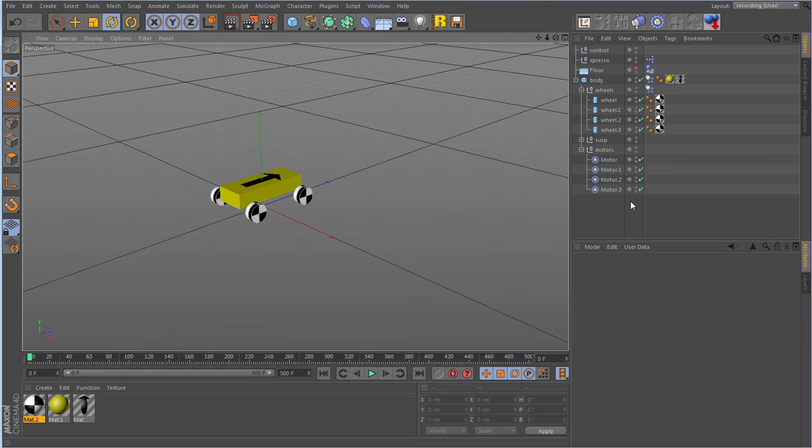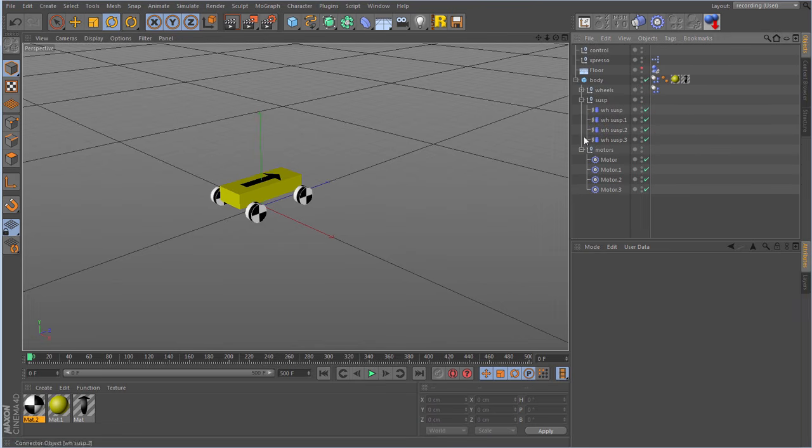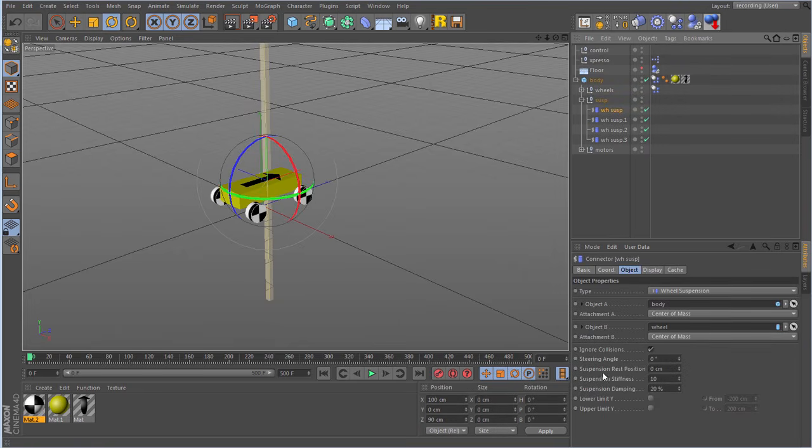Right, where was I? Forgot what I'm doing now. Oh yeah, steering. I'm going to steer these front 2 wheels. So the thing that we're going to be driving is going to be on the wheel suspension units. On these wheel suspension, down here in the interface, there's something called steering angle. Now again, this is in degrees, and we're going to be using radians in our Espresso window, so bear that in mind. But this is what we need to be driving, is steering angle.